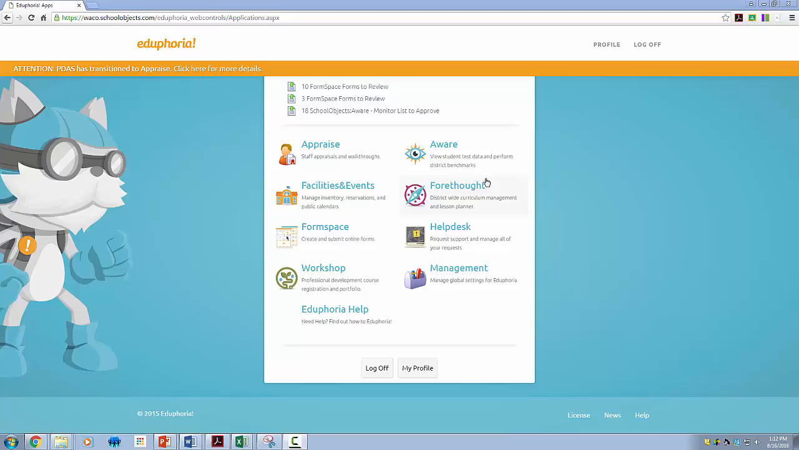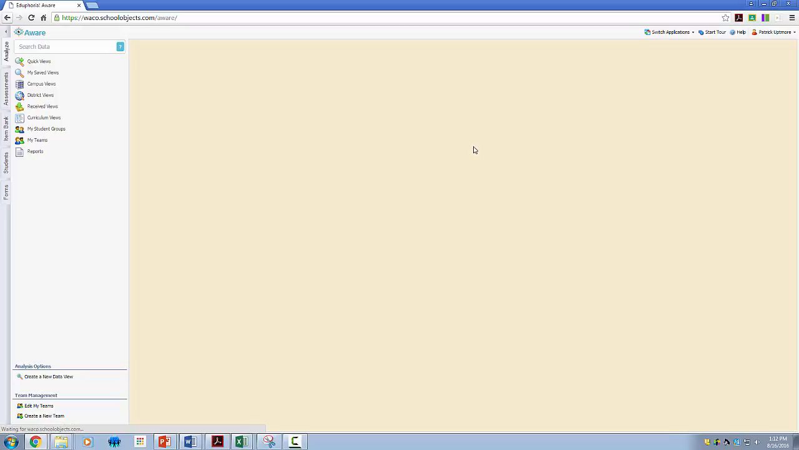It's going to be just a quick overview of the Aware platform inside the Eduphoria system. Now, Aware is where we house all of our student test data, and also we can do some student journaling, student forms, and also a new option for team testing. So when I click into Aware, you see that you have several tabs along the left-hand side,